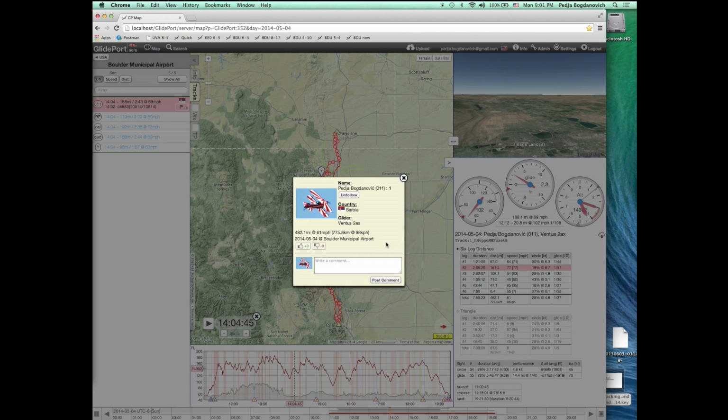When your buddy flies that day, regardless of what device he has, whether a mobile device or a satellite tracker, when he turns that on and the track gets down to GlidePort, you basically get an email notification with a handy link that you just click on, and then you see a map with that person, and you can click on him,